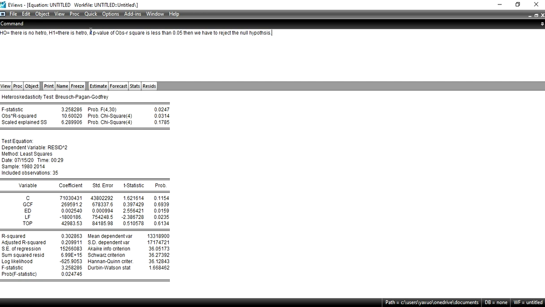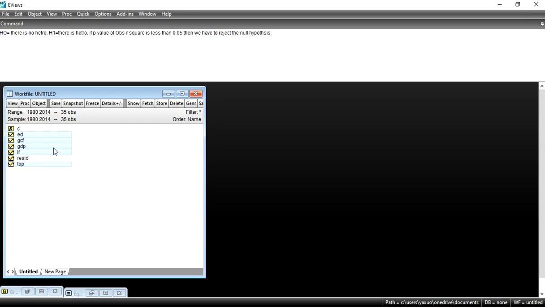Now how can we remove this problem of hetero? There are certain methods. The first method is to take the log of all your variables. In this way you can remove the problem of hetero from your data. So we go back to our original model, which is this one.